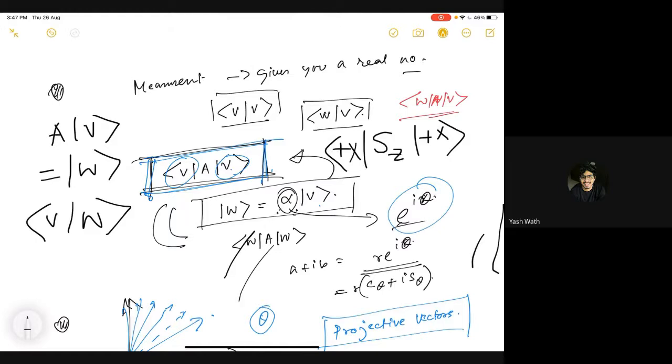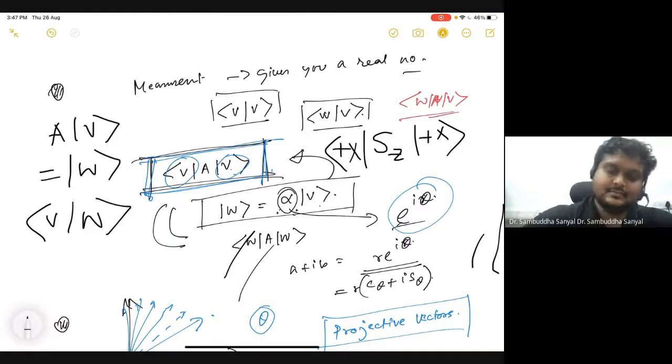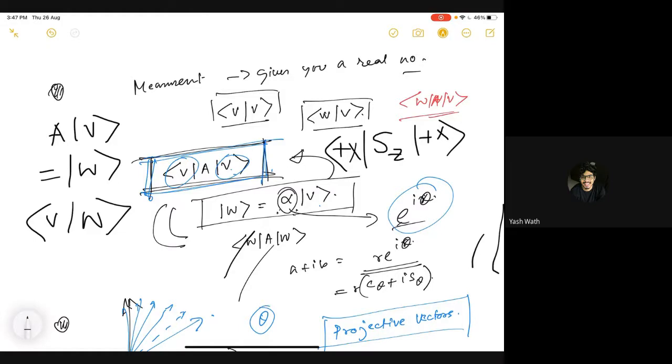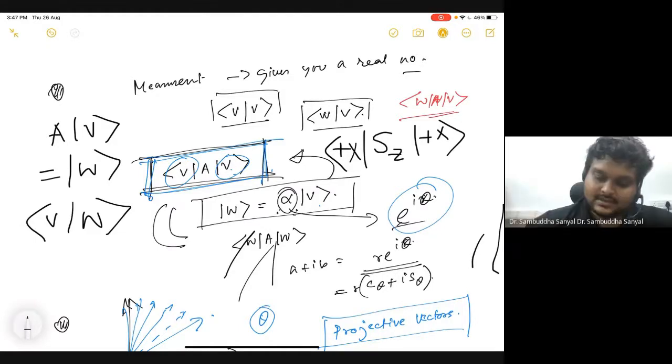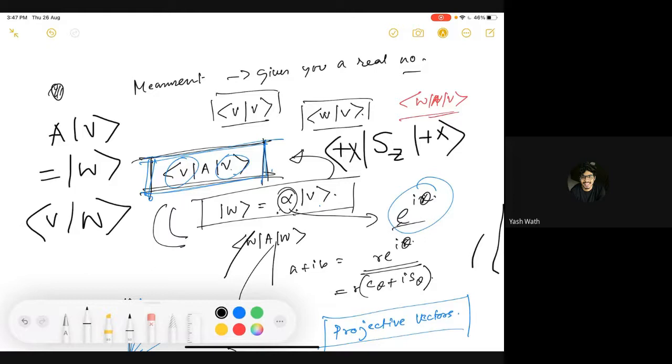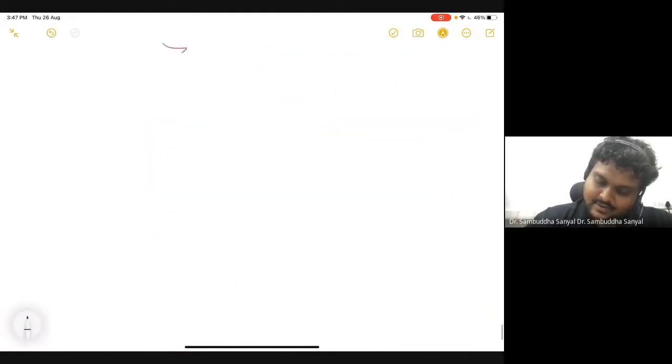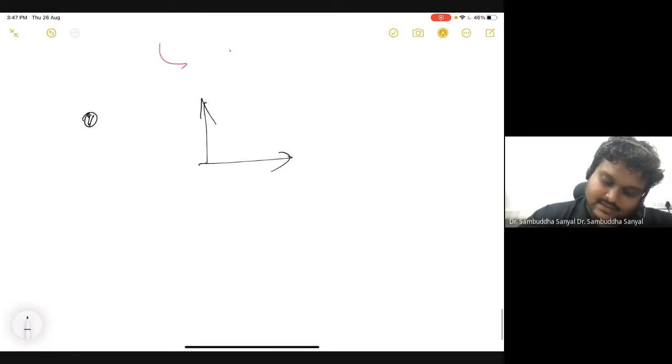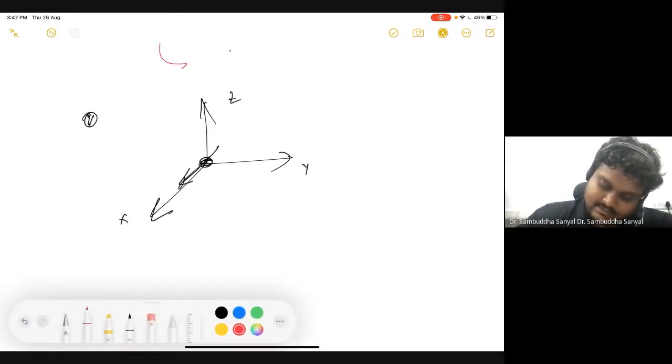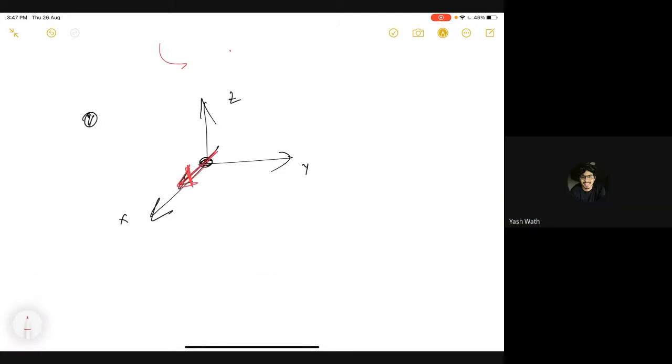like, if you take the needle analogy, suppose z is the vertical direction and x is the horizontal direction. Okay, so when you measure, now let me draw it. So you have some three directions: this is x, this is y and z. Now your electron is originally pointing in some random direction, we don't know. Now I put it in an SGZ apparatus.